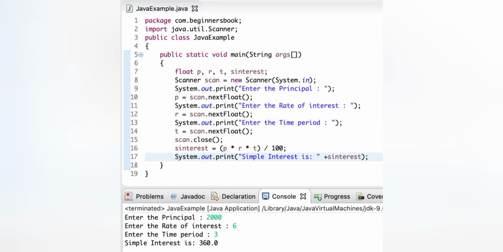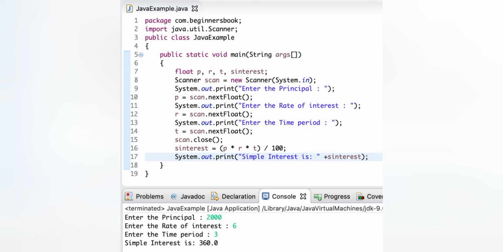This is the example of Java. This is a program. In the program, package com.beginnersbook. This is the book name. Import java.util.Scanner, public class JavaExample, public static void main is a function, String is also used, float is used in the program.